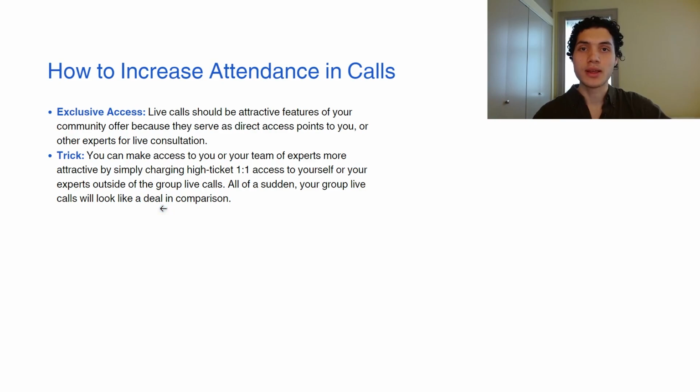So for example, if you're the community owner and let's say you're some kind of content creator, so your time is really valuable, let's say you charge $200 for a one-on-one coaching call. But then in order to join your community, which has say 4 calls a month, you charge only $50. Well, all of a sudden joining the live calls for $50, of which there are 4 live calls a month, seems like a way better deal than $200 for a one-on-one direct call that just happens once.